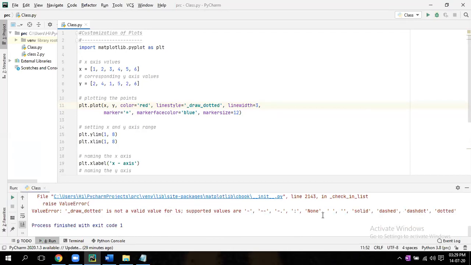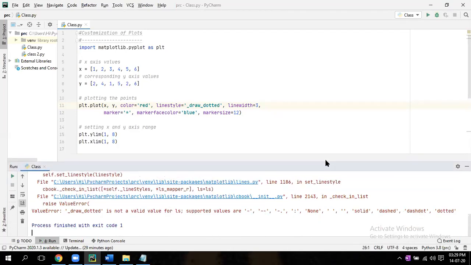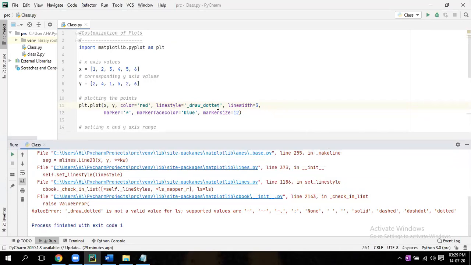Go there. Give only dotted. Remove that drawn line.